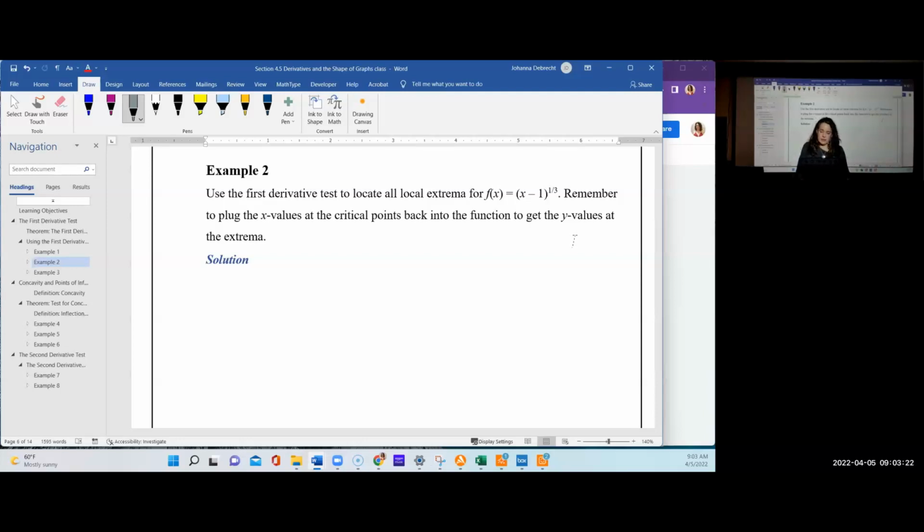So we're going to apply the first derivative test. The first derivative test says that if there is a relative maximum or minimum, it's at a critical point. And so we need to find the first derivative and then evaluate where it equals 0 and where it is undefined, but the function is defined. That second part's super important. Don't forget it. So we're going to take our function f of x,